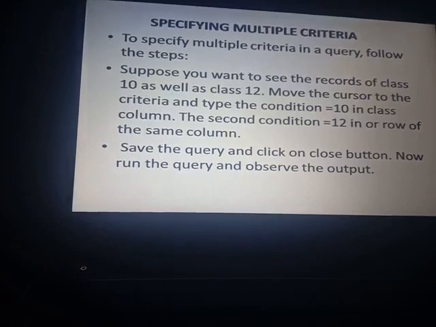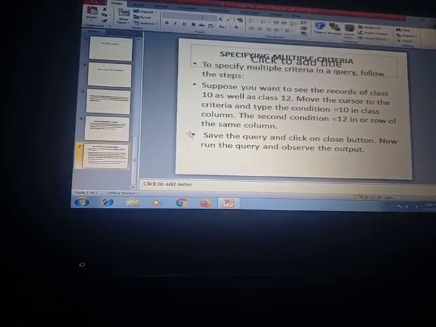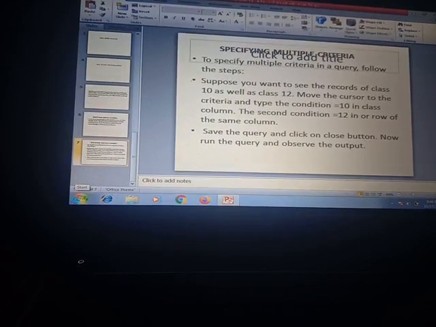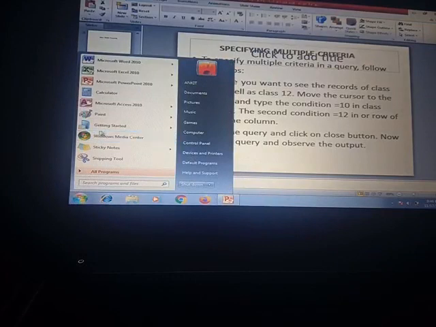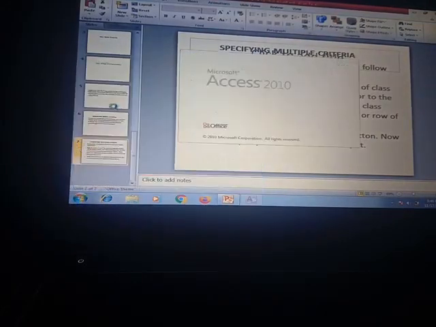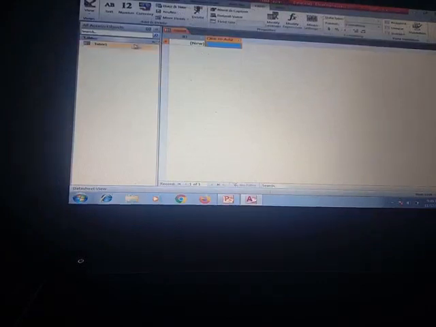So let's see how to see the query output. First of all we have to click on the start button to open MS Access. Then we have to click on Microsoft Access. We have to create the database. See, here is the table and there is one ID.